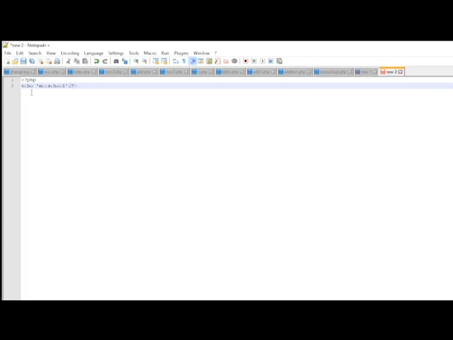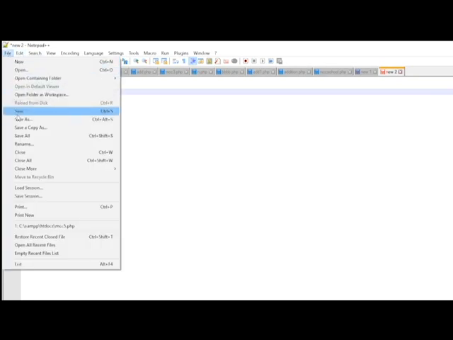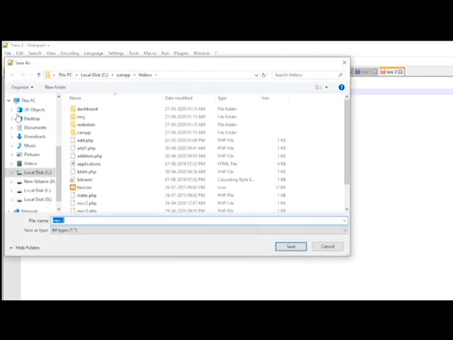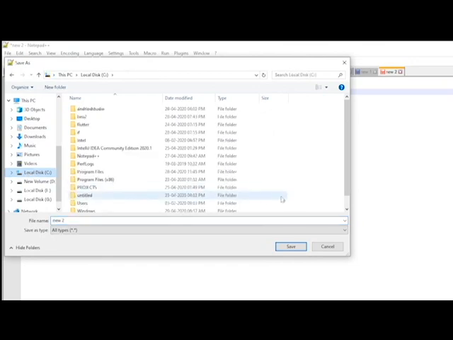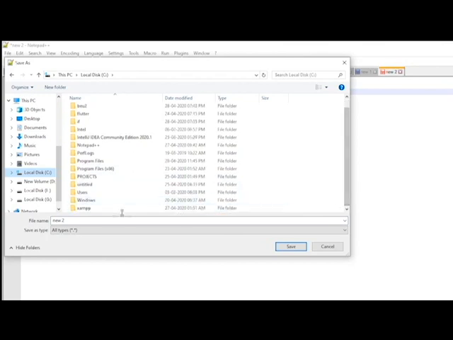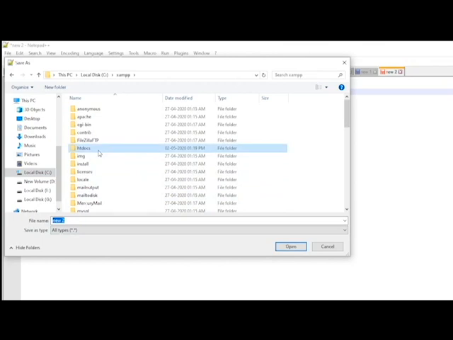Then you have to save the file. Click File, click Save. In this folder, you have to select C colon, XAMPP, and then the htdocs folder. Inside the htdocs folder, you have to save the file.